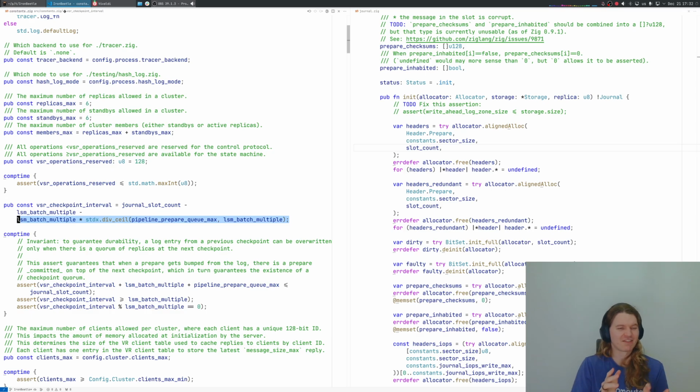But again, the precise relationship between the journal slot count and the checkpoint interval isn't actually that important. The only thing important to keep in mind is that those are actually different. There is a physical amount of slots in our ring buffer, and then there is the logical amount of iterations across which we do checkpoints. Okay, so